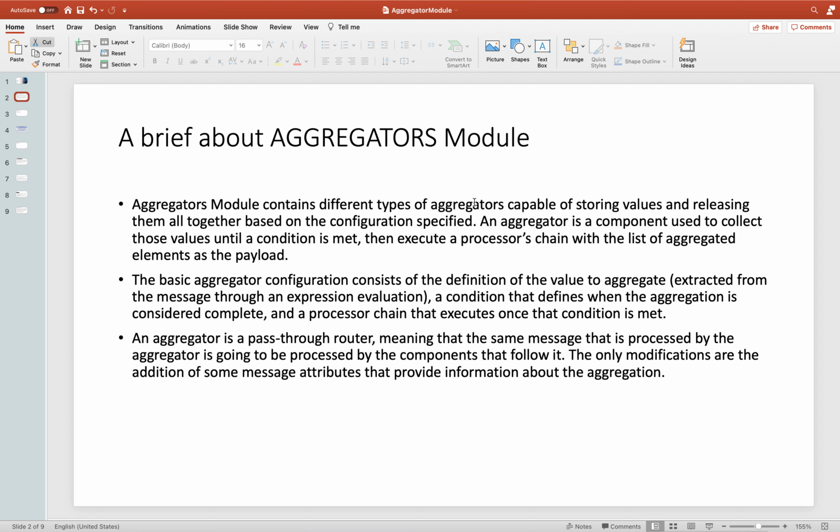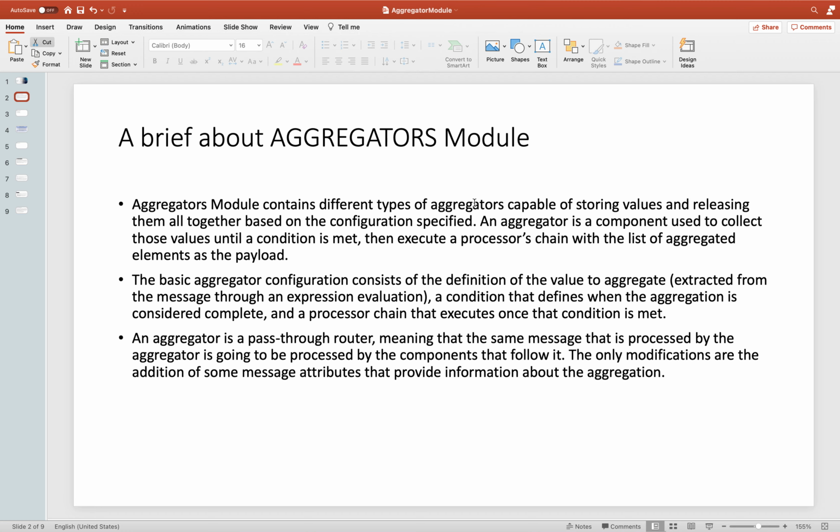The basic aggregator configuration consists of the definition of the value to aggregate, which can be extracted from the payload, like we do in the Transform Message, and how we can access the different parts of a particular payload.